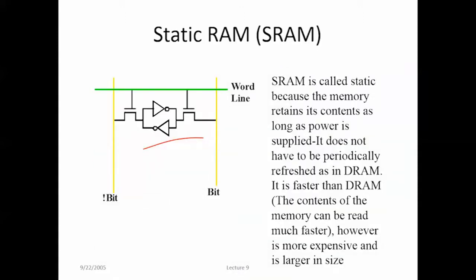Coming to SRAM, it is formed using flip-flops and has typically 4 to 6 transistors along with some wiring, but never has to be refreshed. This makes static RAM significantly faster than dynamic RAM. But because it has more parts, it takes up a lot more space as compared to the dynamic RAM. Therefore, you may get less memory per chip and it makes it a lot more expensive.